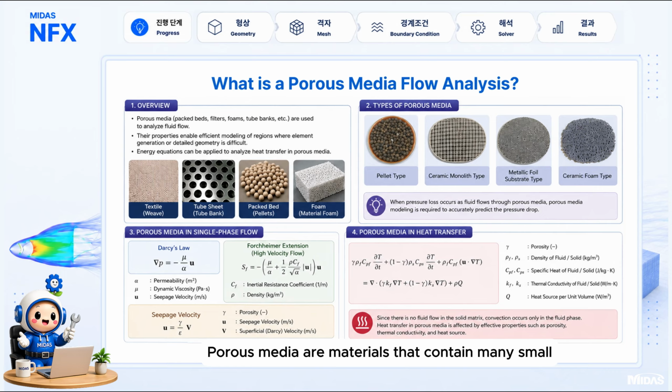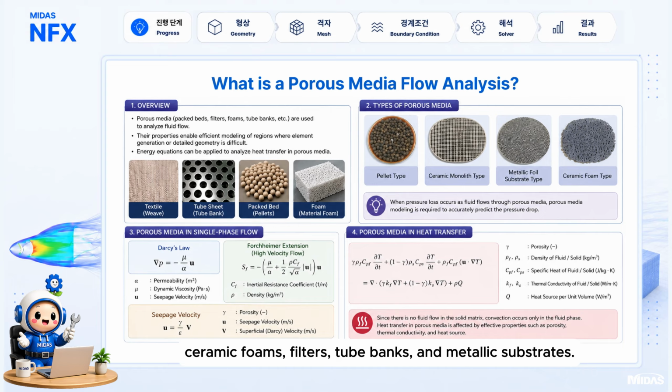Porous media are materials that contain many small interconnected pores, allowing fluid to pass through while creating resistance to the flow. Typical examples include packed beds, ceramic foams, filters, tube banks, and metallic substrates. In CFD, modeling every tiny pore requires an extremely fine mesh and a significant amount of computational time. Instead, we can replace the detailed geometry with a porous media model that predicts the same pressure loss using permeability